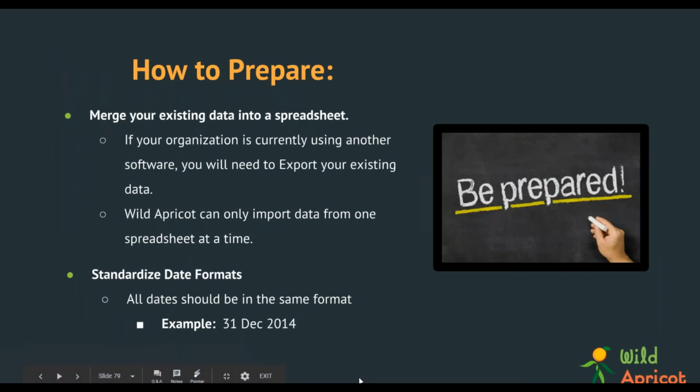So the best ways to prepare for your actual import are to do things like move all of your existing data into a spreadsheet. And for those of you who are migrating off of an old database or moving your site from one place to the other, the first thing you want to do is basically export all of the data that you're actually working with currently, and put everything you have into one spreadsheet. The reason for that is that Wild Apricot can only import from one spreadsheet at a time. So if you're working from one sheet and you have everything organized there and you're making the changes in one place and one place only, it's going to keep you as likely as possible to be able to get everything back into Wild Apricot as easily as possible.